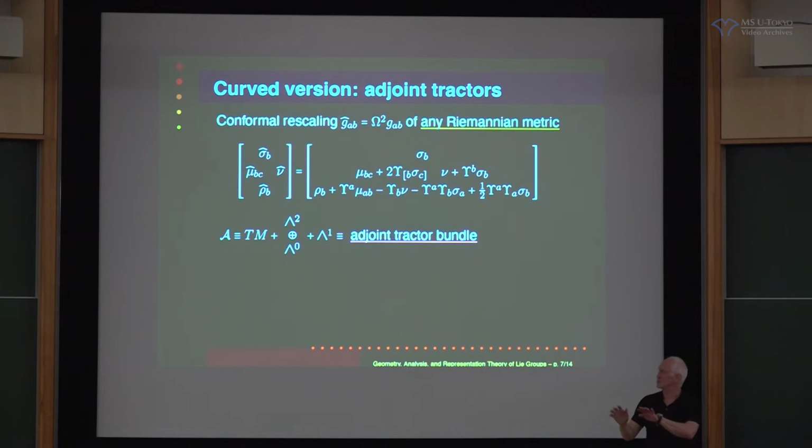I mean, it already exists as a word in the English language, but this is a new meaning for tractors. Okay, so it starts with some, and I've written it out as a sort of filtered bundle here. It has a projecting part, which is the tangent bundle. It has the one forms sitting inside it. It has the two forms and zero forms, and they all feed into each other according to this explicit formula above.